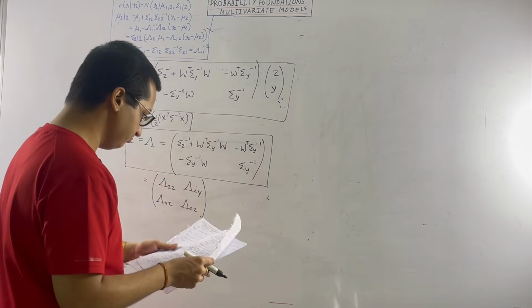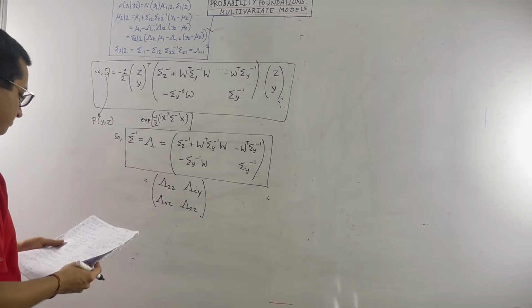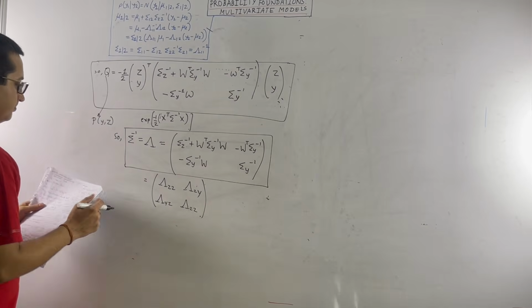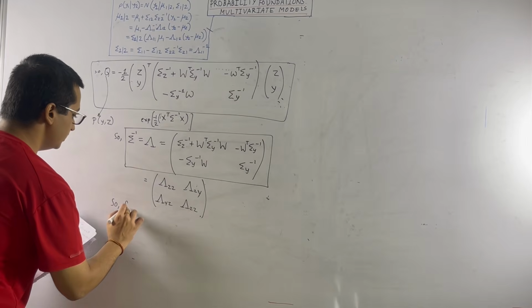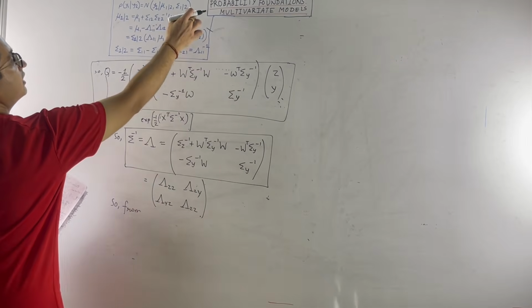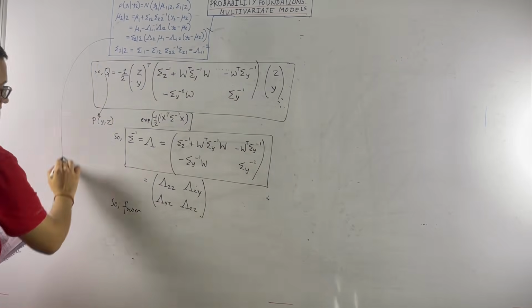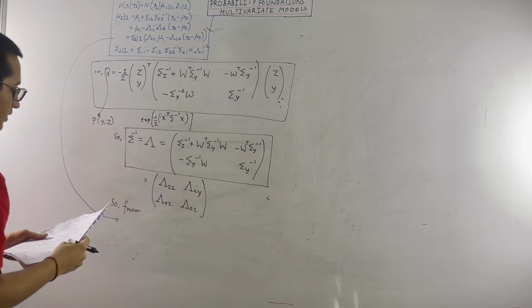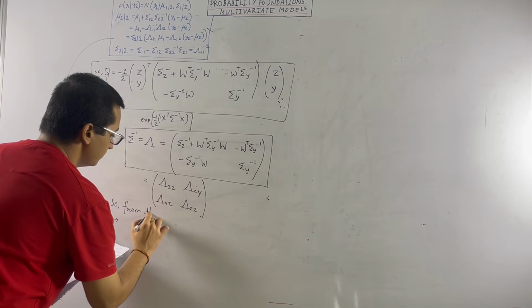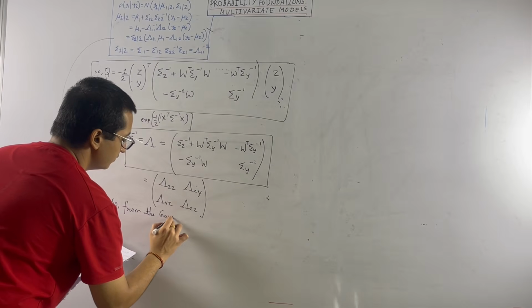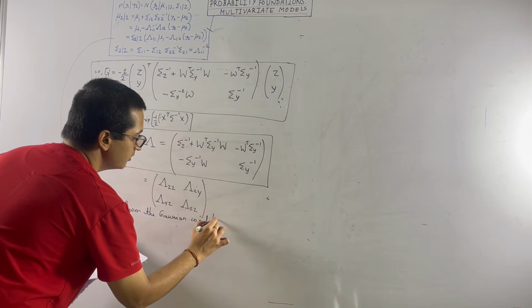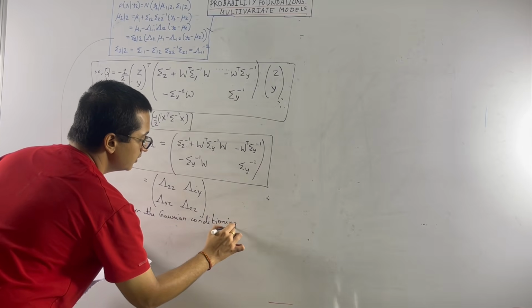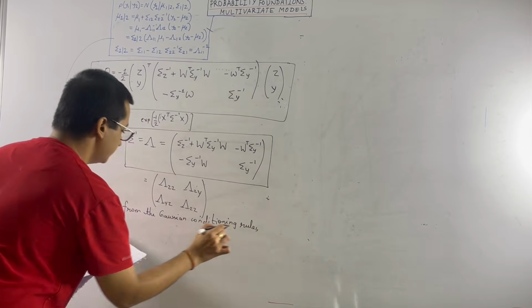So what we have is, from the Gaussian conditioning formula, this is the Gaussian conditioning, from the Gaussian conditioning rules, what we can say is,